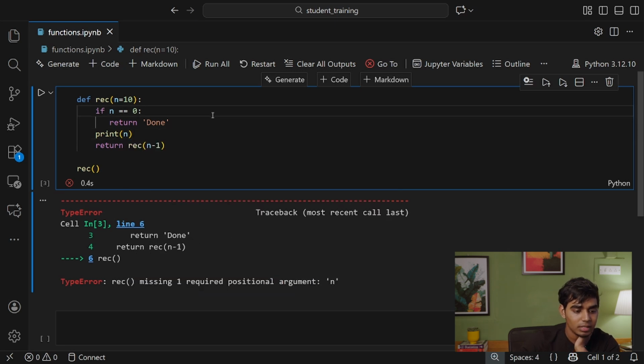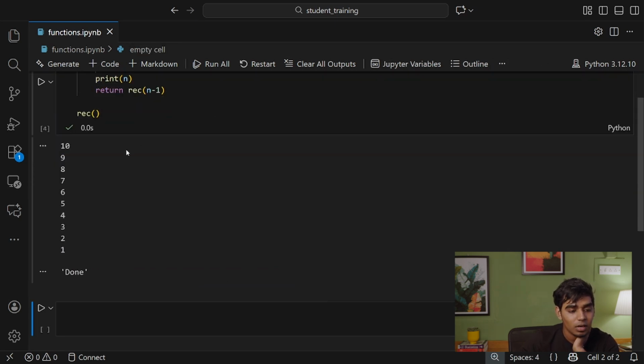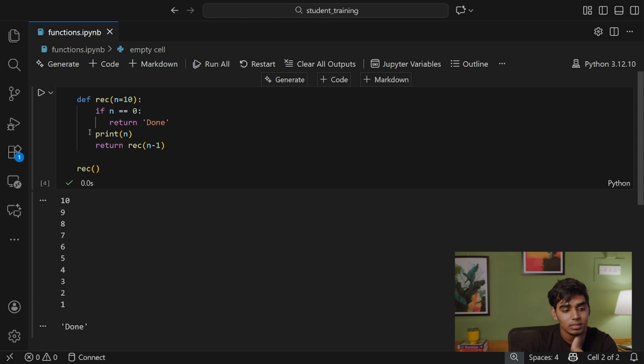Okay, if I run this, see how your function is calling itself. It goes to the first line and checks if n is equal to 0. It's not equal to 0, so it doesn't return done. It goes to print n, which is 10 initially, then return recursion of n minus 1. So we are getting 9. 9 is passed here, same format: print n, n will be 9, again it comes back, n will be 8, and it is passed